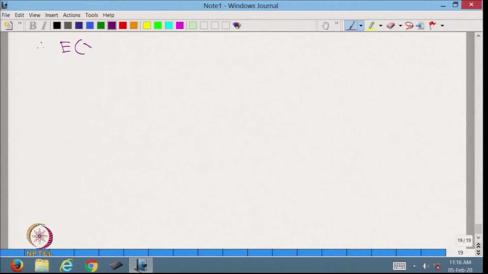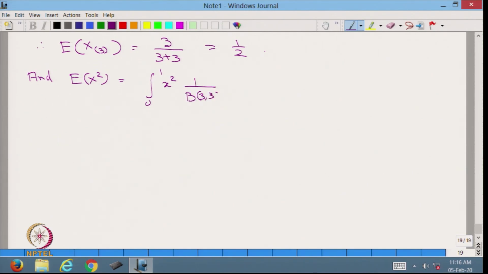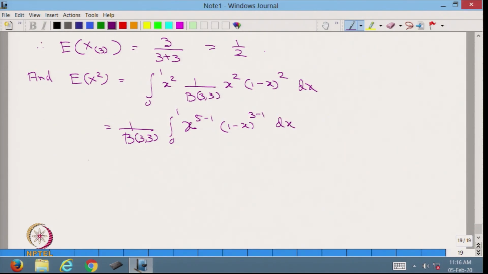Therefore, the expected value of X3 is equal to 3 upon 3 plus 3, which is half, and the expected value of X squared is equal to the integral from 0 to 1 of x squared times 1 upon beta(3,3) x squared (1 minus x) squared dx, which is 1 upon beta(3,3) integration 0 to 1 of x to the power 5 minus 1 into (1 minus x) to the power 3 minus 1 dx,